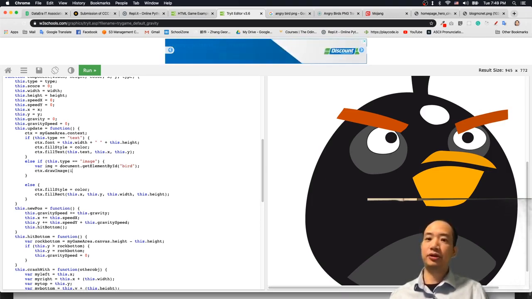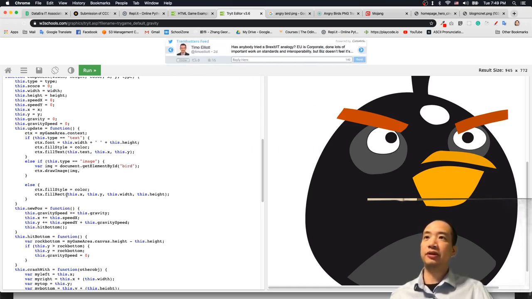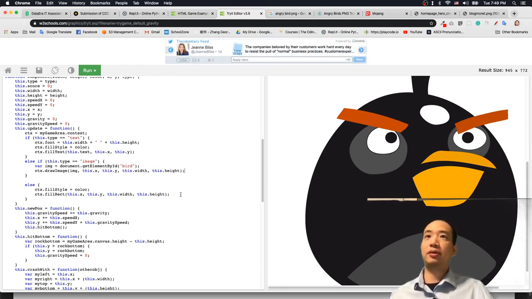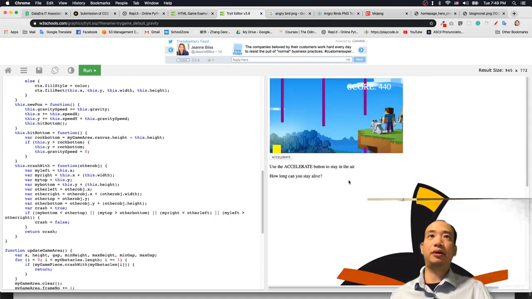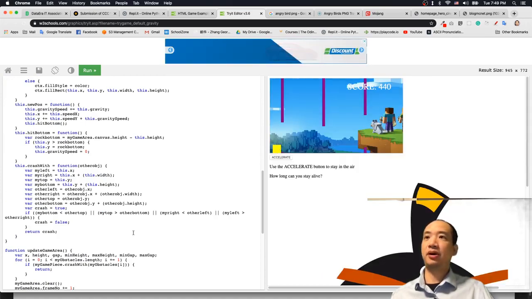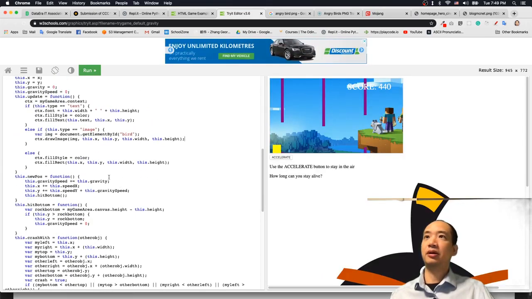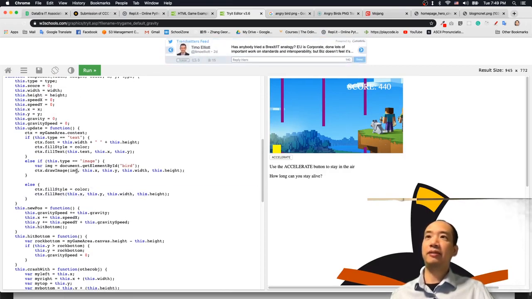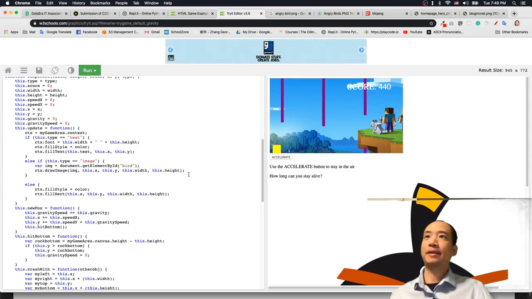You draw the image to this location, exactly like this location, because we draw our block, like this block, the 0 block, on this location, so I want you to draw the image on the same location. Okay,